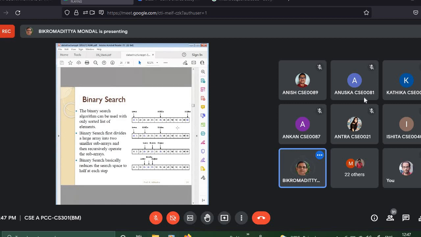In worst case, because in best case you can find it at the middle itself in the first attempt, so it will be order of 1. But in the worst case scenario, or in an unsuccessful search, it will be order of log n.